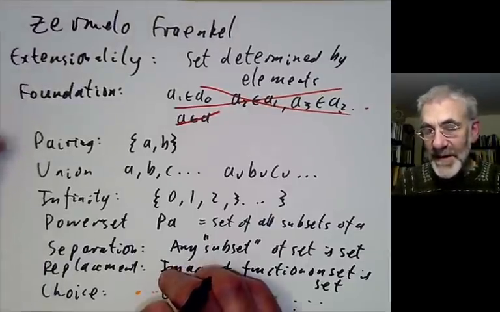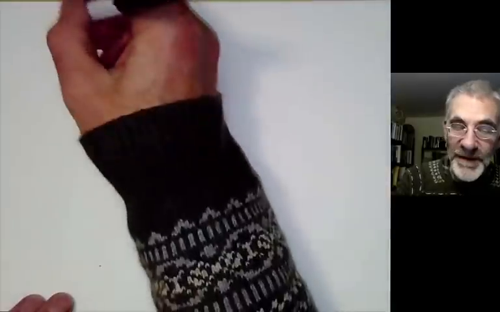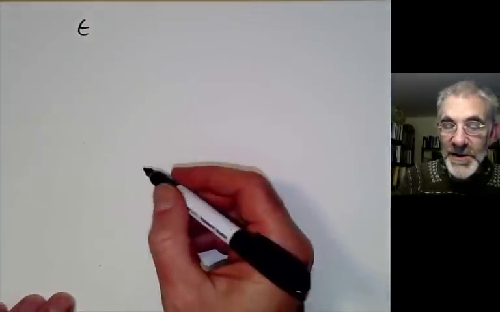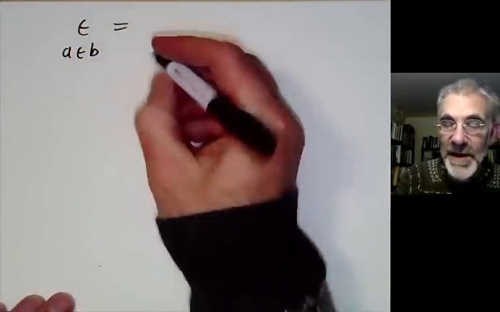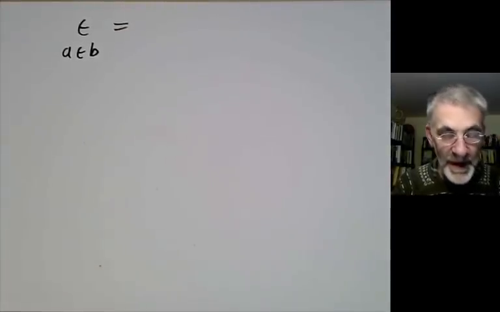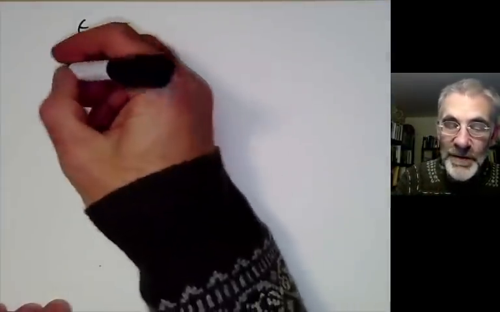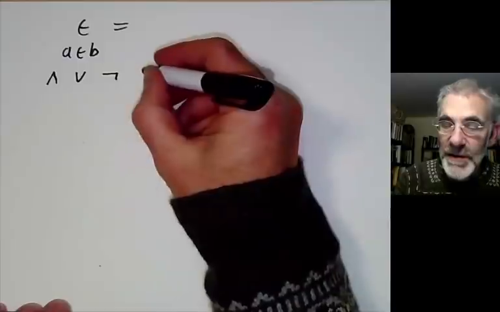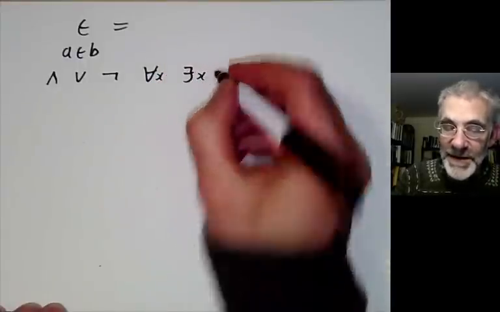So that's a very informal version of the axioms. So to state them a little bit more formally, first of all, they need to be stated precisely in the language of set theory. And the language of set theory contains two important symbols. It contains membership and equality. So membership means A is a member of B, and equality means A and B are the same, whatever that means. And we need to form sentences using first order logic, and just give a very quick reminder that first order logic means you can form sentences using and, or, not, for all, and there exists, or for all x and there exists an x.